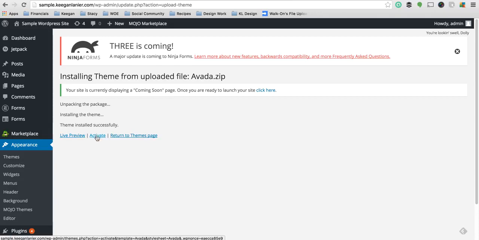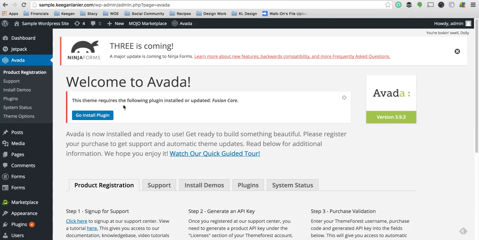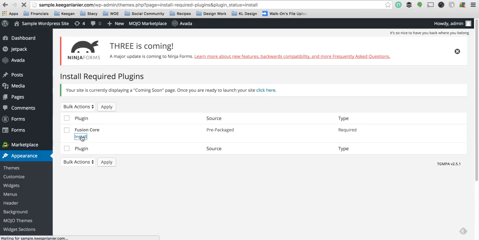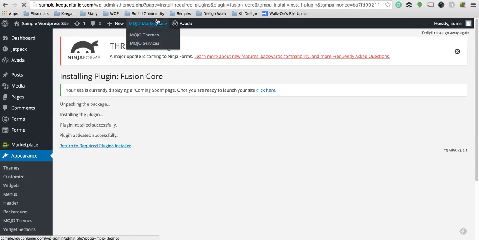I know this is a great theme. We're going to go ahead and activate it, because this is the theme that I want to go with. Welcome. It requires that you install Fusion Core for this particular theme. So we're going to go to the plugin, do a quick install, and then we'll show you what was a sample page before